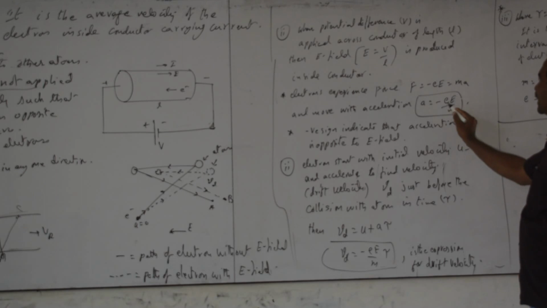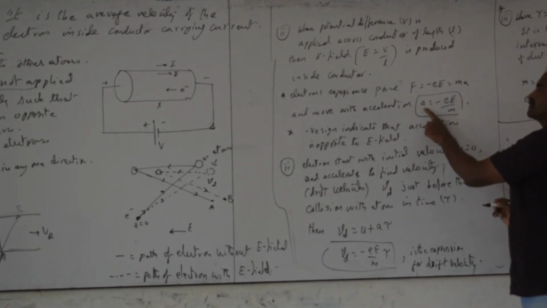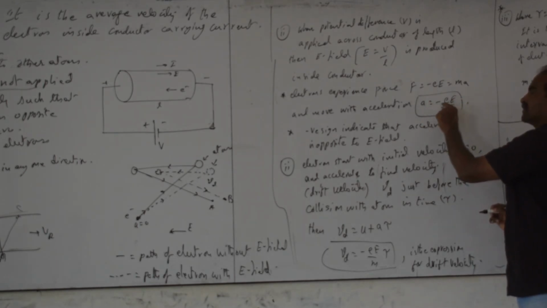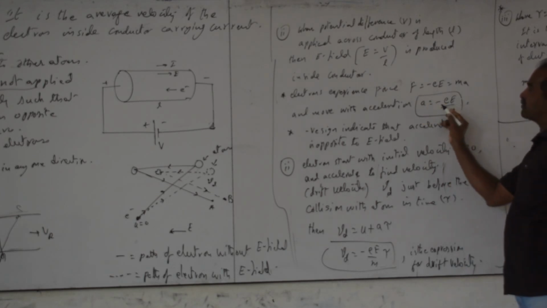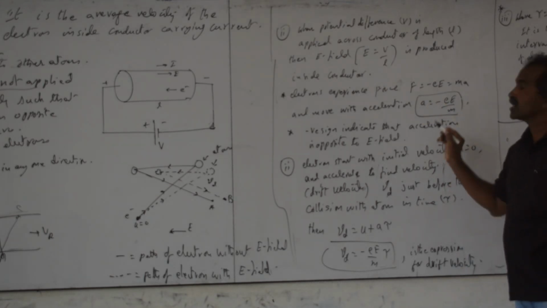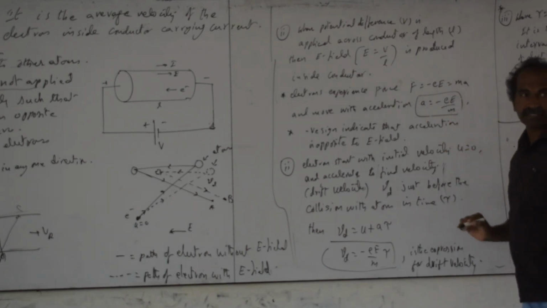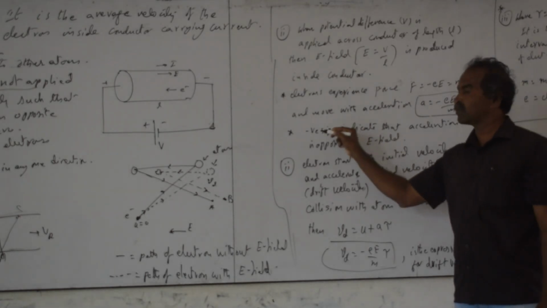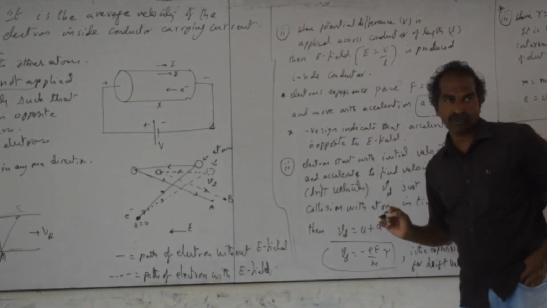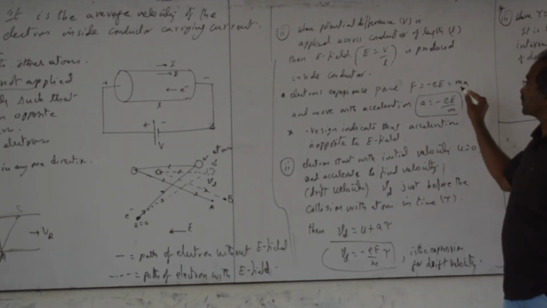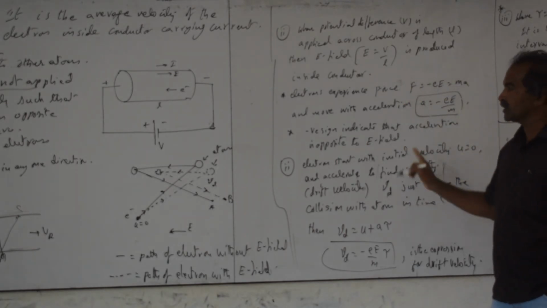What does the negative sign indicate? Acceleration is a vector, electric field is a vector, charge and mass are scalars. So this is a vector relation, and the minus sign for a vector means opposite direction. So acceleration is opposite to the electric field for the negative charge of the electron. This point is important for competitive exams also. But for the derivation, you have to do this whole thing for 3 marks.